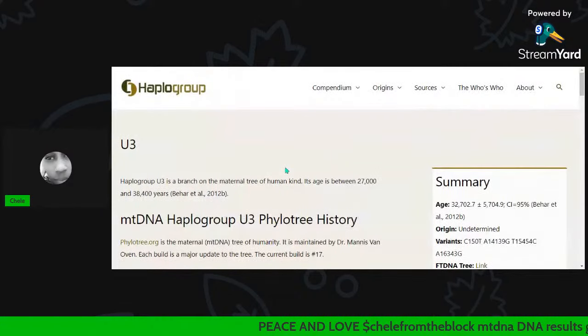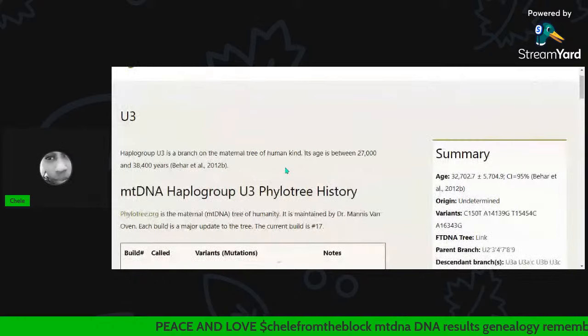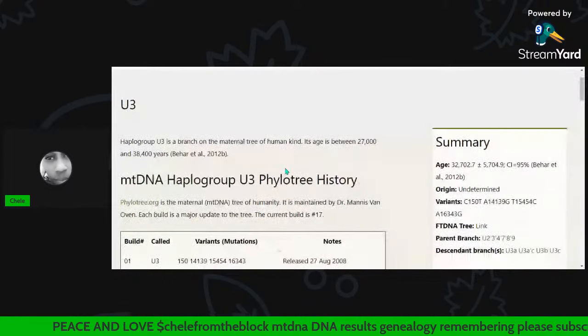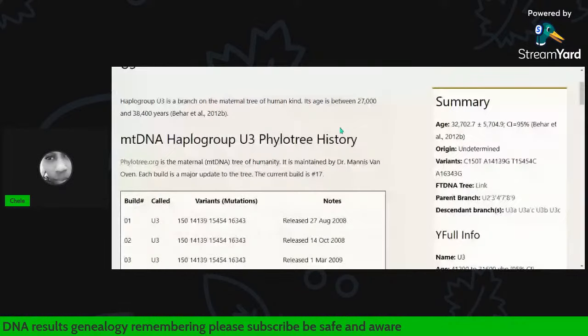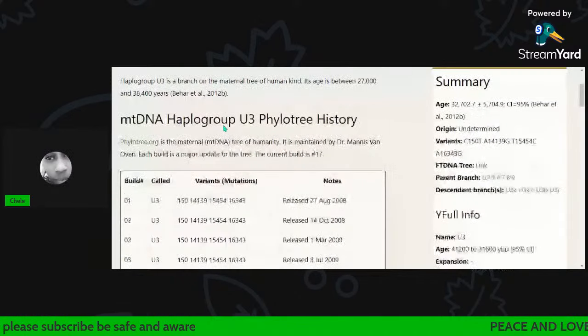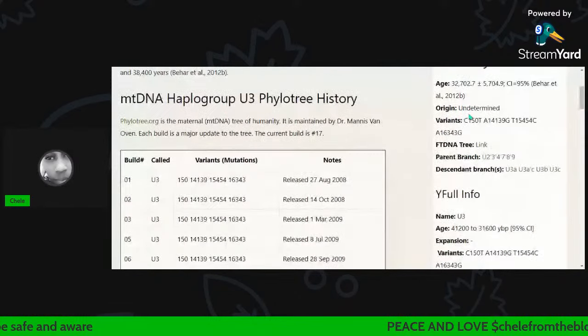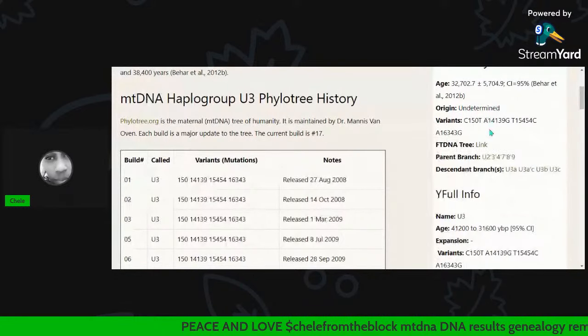Okay, haplogroup U3. At least I know it's 38,000 years. Origin, they don't even know. Okay, look at these variants. They're totally different looking variants. I've never seen